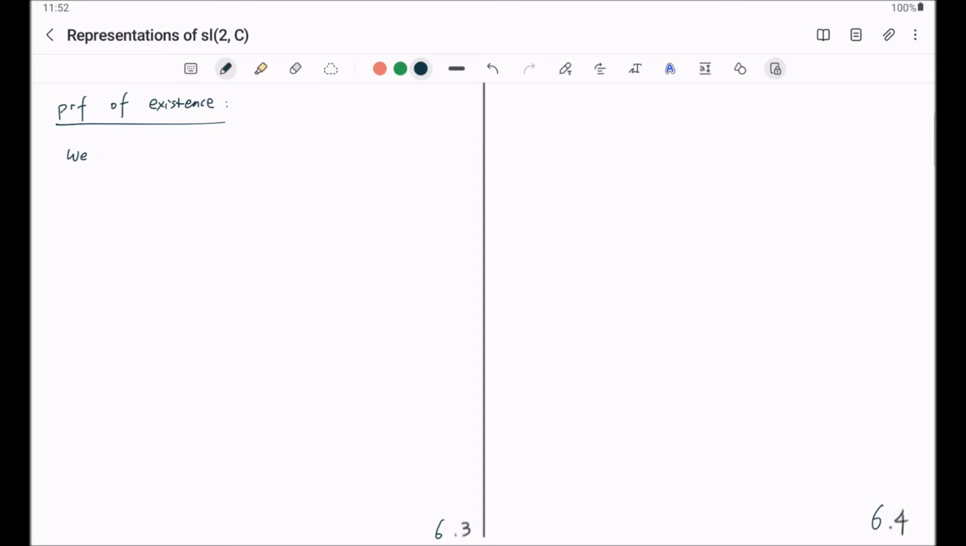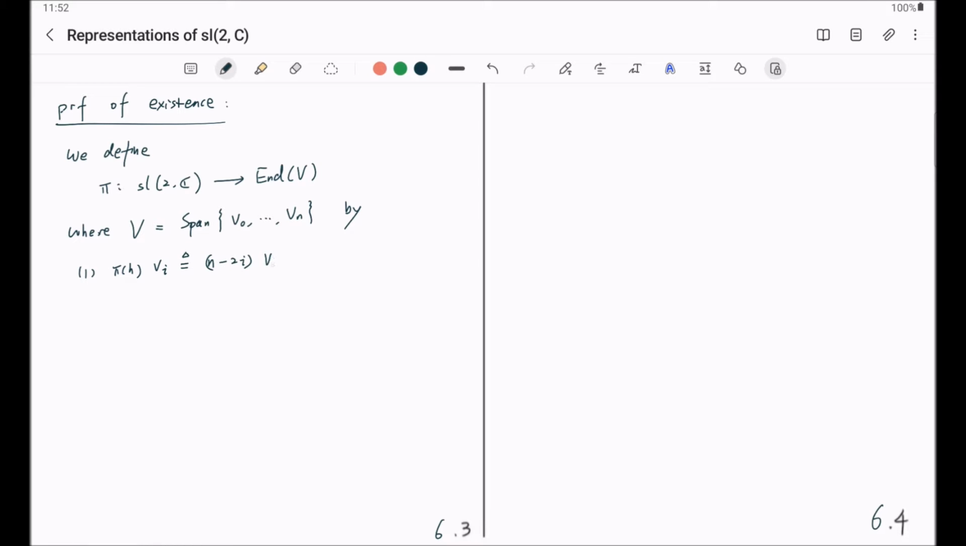we will define pi from little sl2C to endomorphisms on V, where V is the span of vectors v0 through vn by taking pi of h applied to vi. We define this to be n minus 2i scalar multiple of vi,